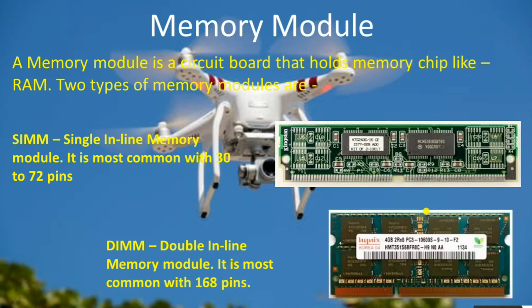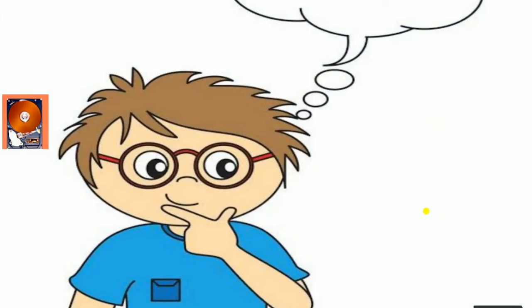You can see this diagram. It is bigger in size and it can hold more number of chips on this because it is having more number of pins to hold the chips. So now this is about your memory modules. Now let's move forward to the second type of memory, that is the secondary memory. Means where you can store your data permanently, where you store your files. See the most common secondary memory you can see here in the picture, that is hard disk.